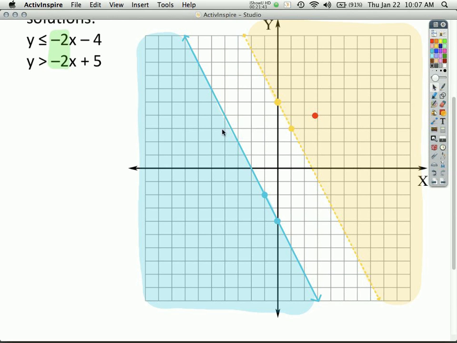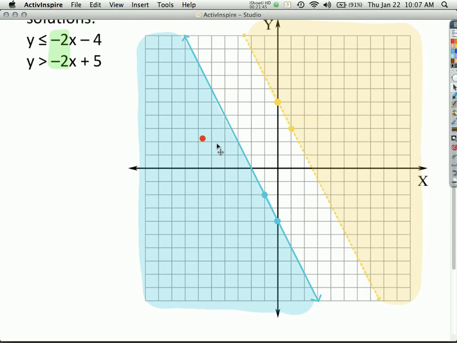What if I put this over here somewhere? What if I put it right there? That's not a solution? Looks like it should be a solution. It's right in a shaded region. So why is that not a solution, Kianis? Because it's only a solution for one of them, not for both. Okay, so then this must be it right here in the middle. If I put it right there, that's got to be a solution.